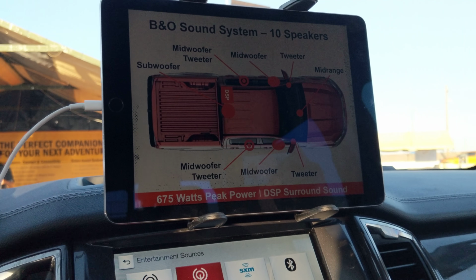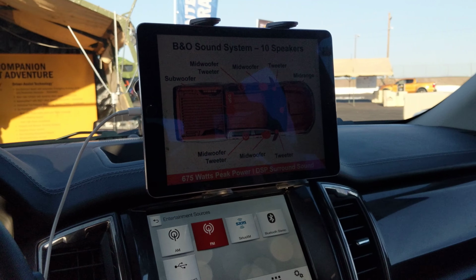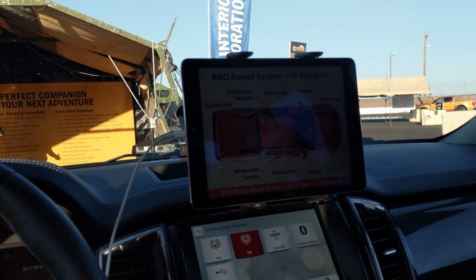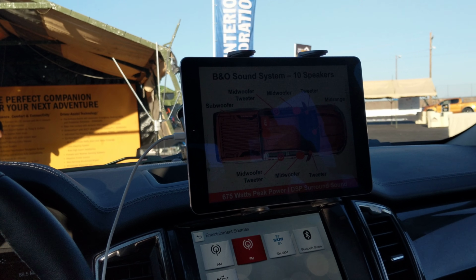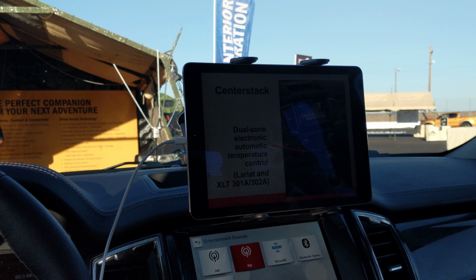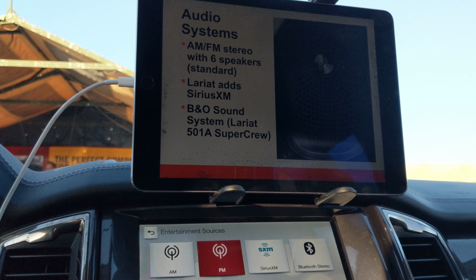Now, this company spends a ton of time and money in research and development, and all they're about is making the music sound the best it can be, whichever environment you're in. So they've actually spent more than 1,200 hours developing the sound system to coordinate with the interior of that Ranger. So that being said, this slide here that says that satellite Sirius XM is standard on Lariat, please don't